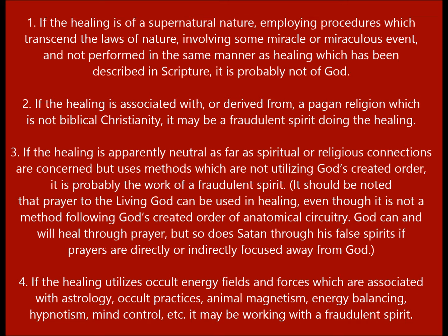Number 4, if the healing utilizes occult energy fields and forces which are associated with astrology, occult practices of animal magnetism, energy balancing, hypnotism, mind control, etc., it is working with a fraudulent spirit. Note, anyone who claims to be holistic and who claims to perform acts of healing on the whole man, body, mind, soul, and spirit is claiming something which only the Spirit of God is able to do. Acts of the healing of the body only are within the power of Satan and his followers, but